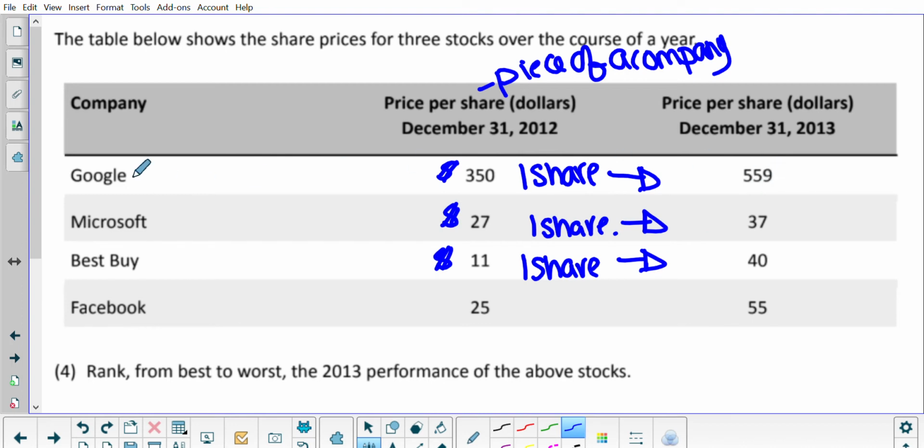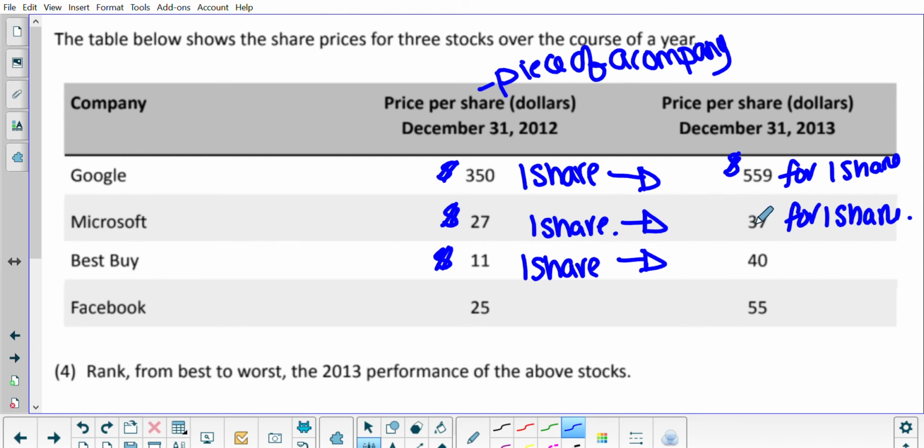So now if I wanted to have a share in a company, and that's really what stocks are, you kind of buy part of the company, and very little. One share is not a lot. But now here, it cost me $559 for that one share, or $37 for that one share. So looking at the list that's here,